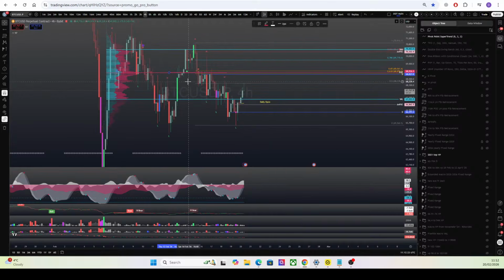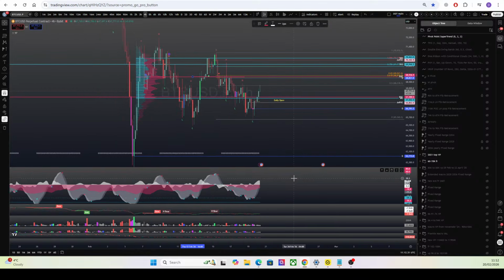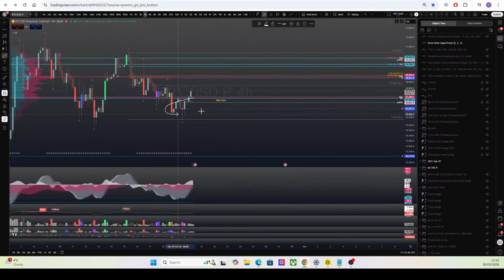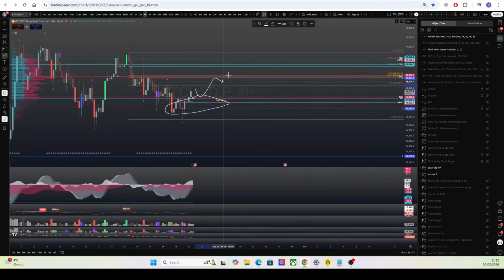Obviously we have the 60 to 70k profile, so you have to bear in mind 67k also. If we pull this profile back on, now we actually have more confluence below us to hopefully let this hold as support, and then obviously we can